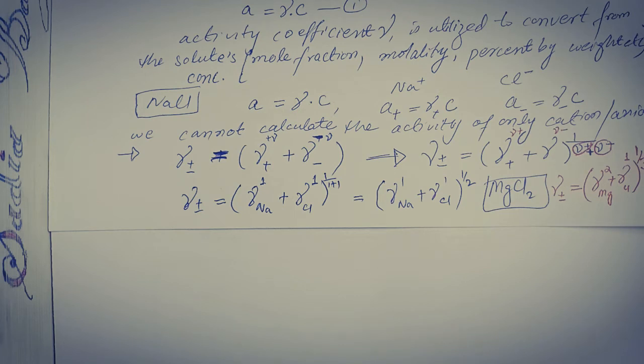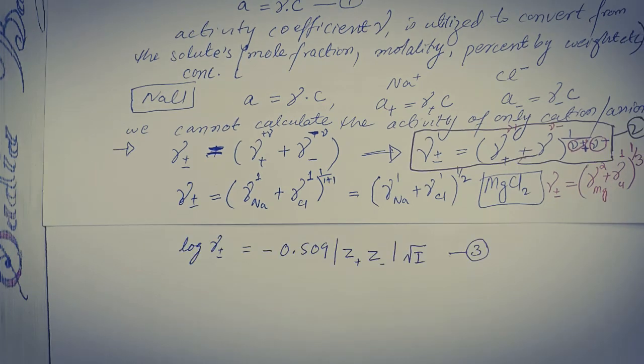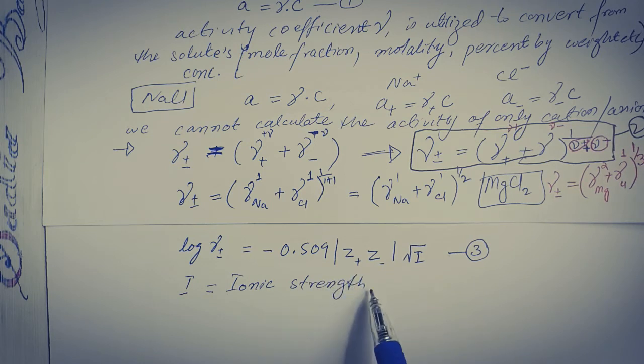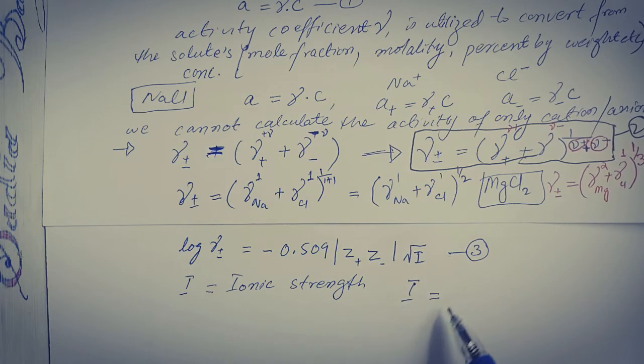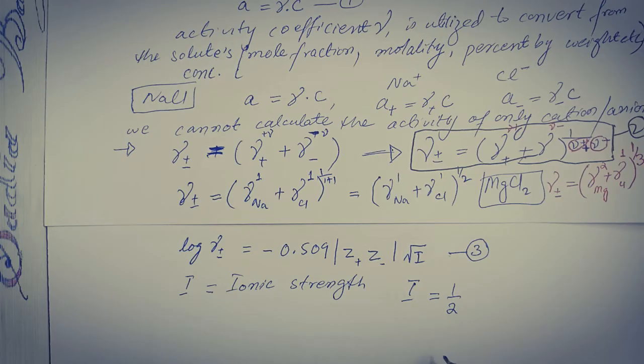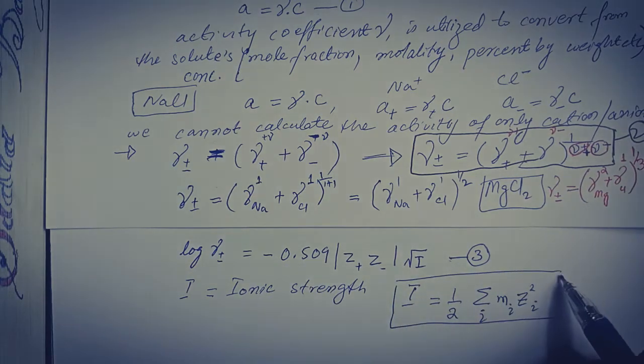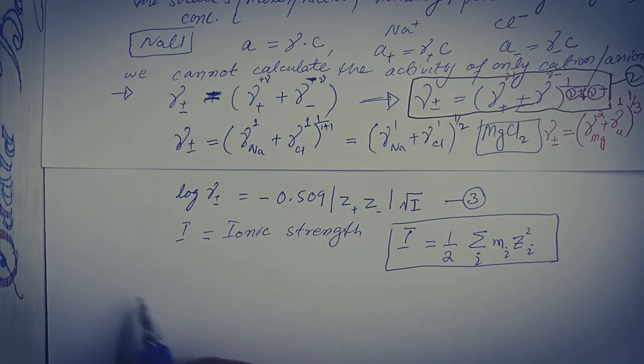So here the activity coefficient is measured by the formula given by Debye-Huckel theory, that is given as equation number 3, in which I is ionic strength, which is actually equal to the sum of the product of molality and charge number squared of all ionic species present in the electrolyte solution. For example, for the case of sodium chloride,